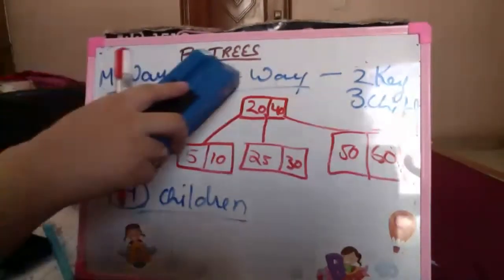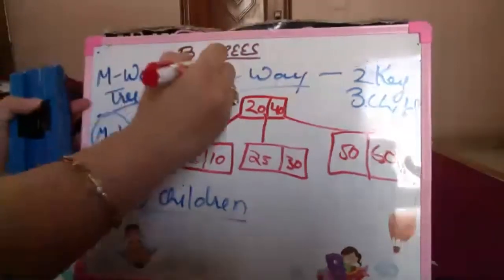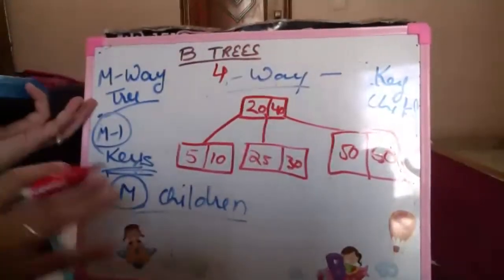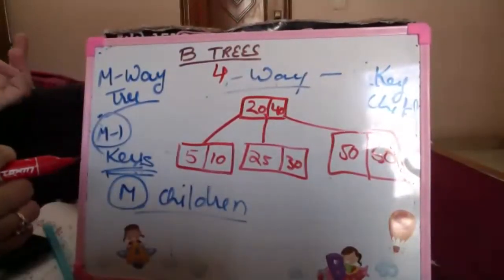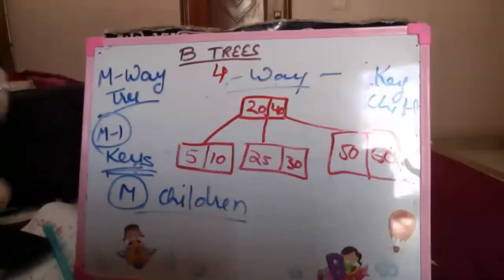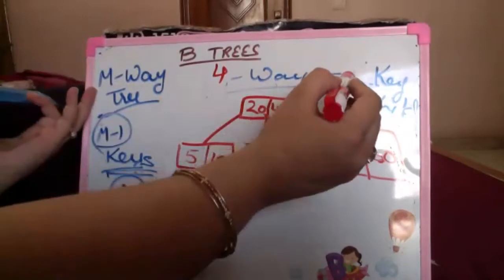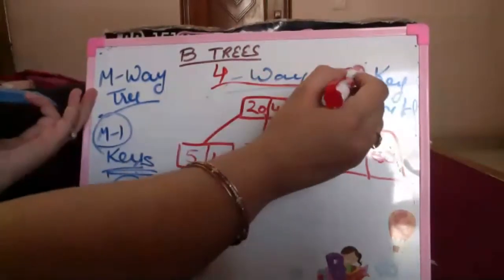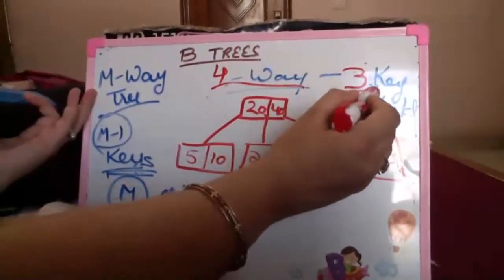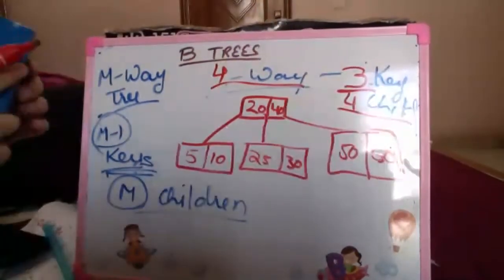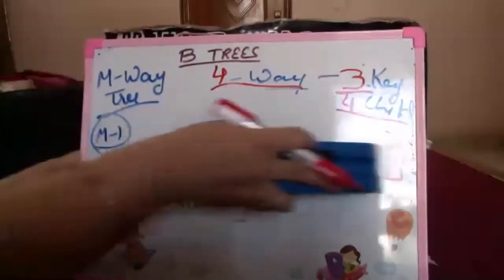Supposedly, it is not a three-way tree, it is a 4-way tree. That means every node may or may not have this number of keys, I'm not saying every node has this number of keys only. It can have fewer keys also, depending on whether it is full or not. So a 4-way tree can have a maximum of 3 keys per node and a maximum of 4 children per node. So that is the maximum allowed number, not the minimum allowed number.